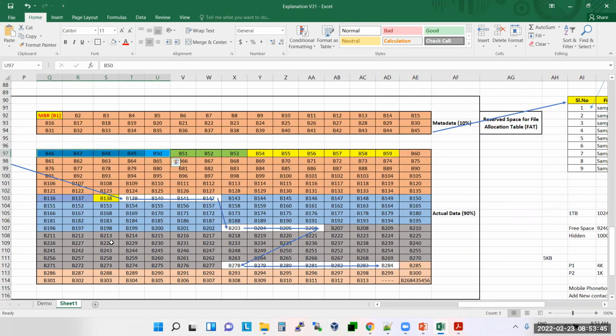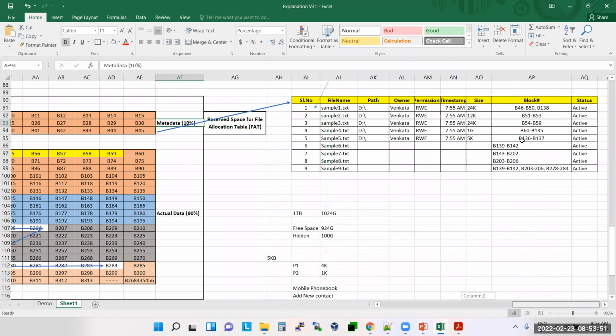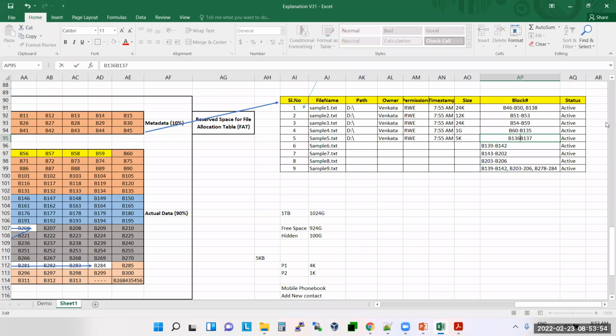In the metadata location also, normally I'm writing it like this, but it will be written like this actually: 136, 137. So in that scenario, there will be more blocks, which means more entries, more block numbers will come here. When I say 139, it doesn't mean it will show 139, 140, 141, 142. It will store like this actually. So when you have 1 GB, you will have more block numbers. If you have 20 KB, you will have fewer block numbers.